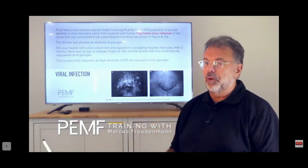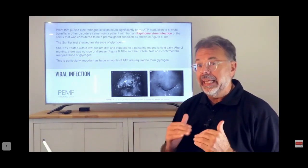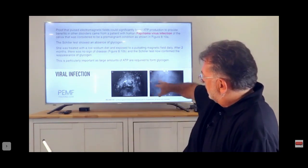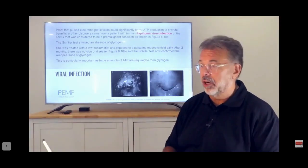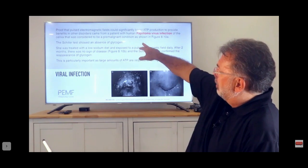And the first one that I would like to cover is ATP production in your cells. Now, this was a viral infection, that's the cervix, with papillomavirus, which we all know, the genital warts. It's a very nasty viral infection that really causes havoc and there's no treatment for it. There is actually no treatment that works. Now, what they did here is they used pulse electromagnetic field,